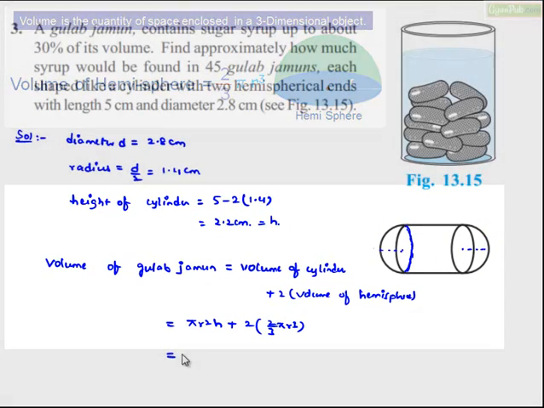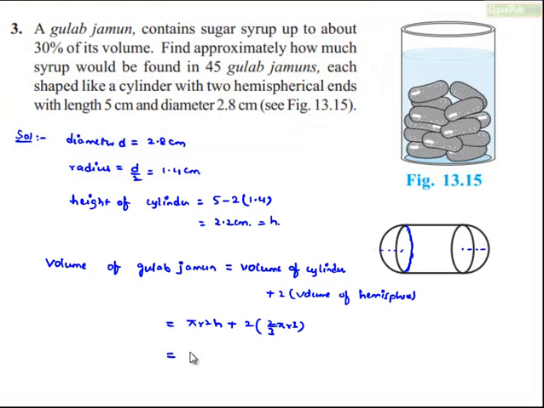Let us take pi r square common, then we get h plus 4 by 3 r, which is equal to pi value 22 by 7 into r square, here 1.4 into 1.4, whole of h value 2.2 plus 4 by 3 r, that is 1.4,